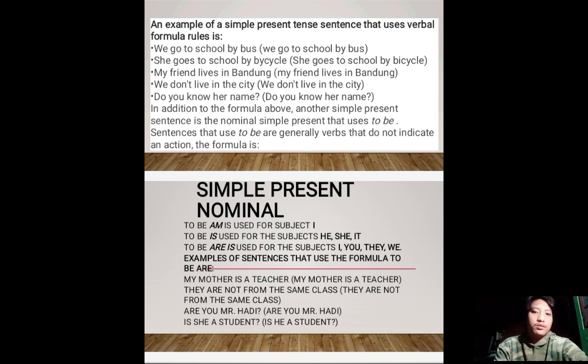To be am is used for the subject I. To be is is used for the subjects he, she, it. To be are is used for the subjects you, they, we. Examples of sentences that use the formula to be are: